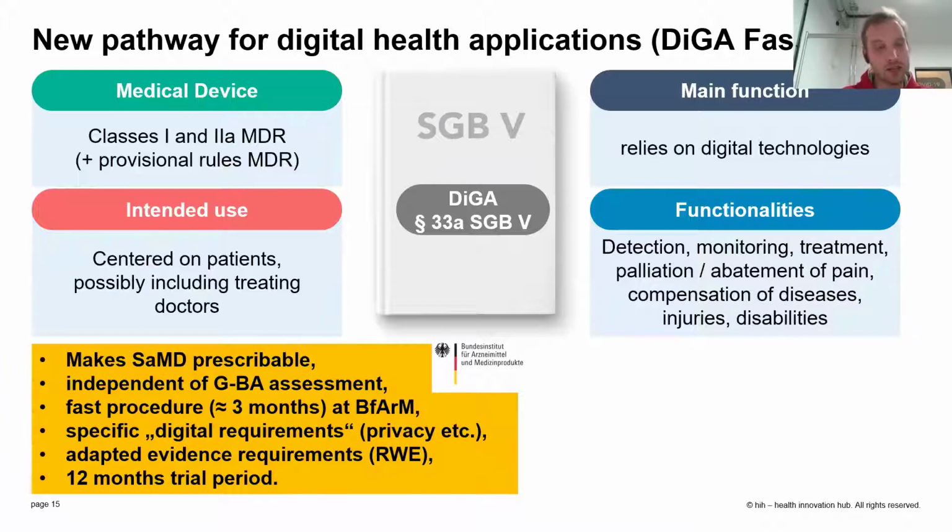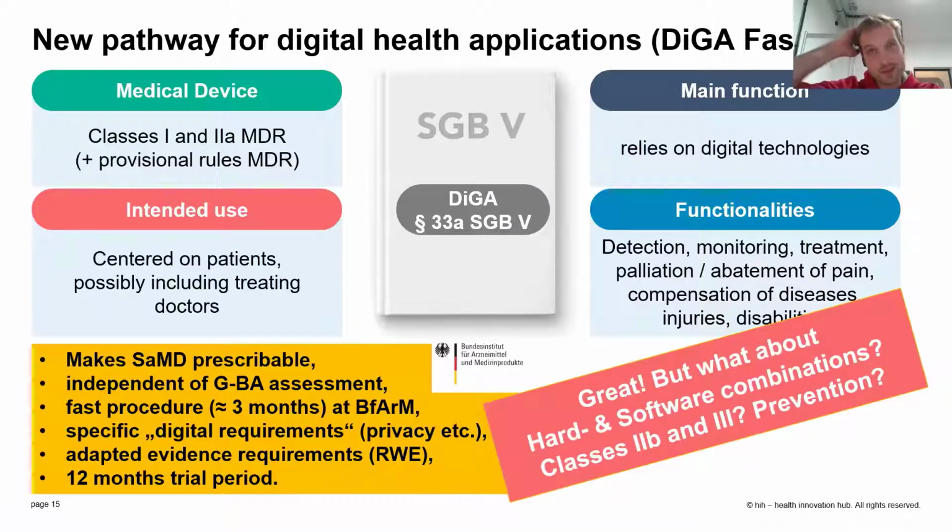And which is really new to this system is we have a consistent 12-month trial period that you can apply for. So if you have some basic evidence that your tool is working, you can apply for this 12-month trial period and, if BfArM accepts you and puts your DiGA into the registry, then the DiGA can be prescribed, and you can generate more evidence, real-world evidence, being on the market already. Anyhow, this is super great, but we have still some questions here.